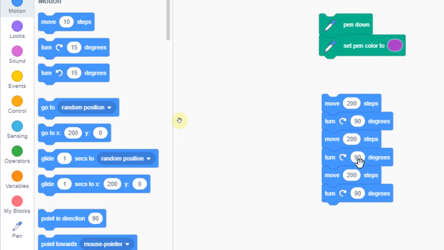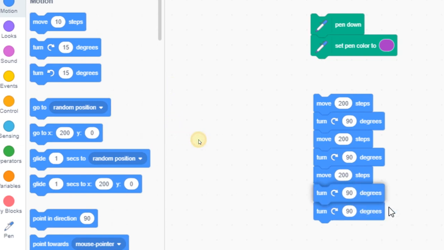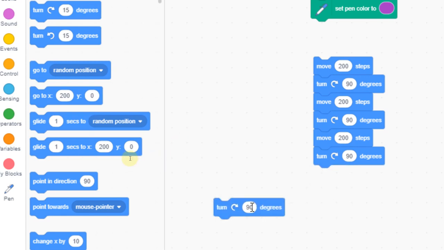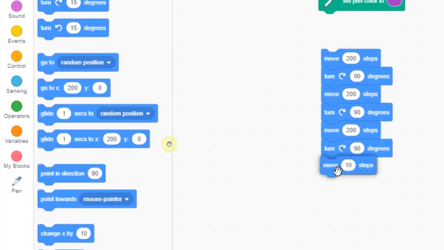One more, and the same way 1, 2, 3. So again duplicate. This is wrong, sorry, so we will delete it. 200 is 3 times, so we will add one more: move 200, 90.